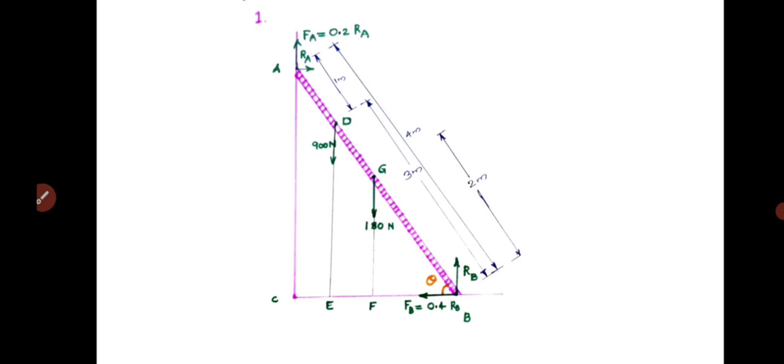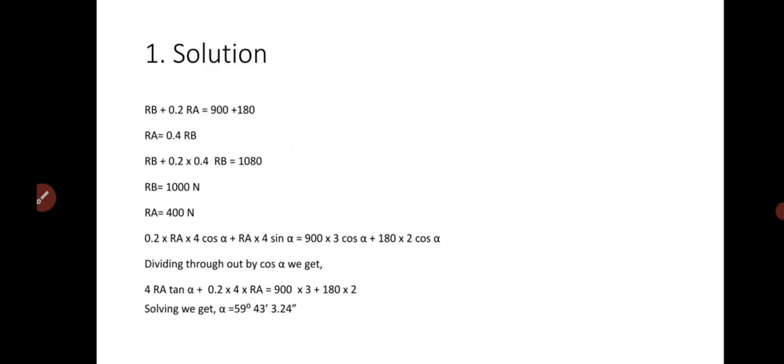Now next force is 900 Newton. It is acting downwards. So if you keep the thumb of your right hand at B, and rotate your forefinger along the direction pointed by the arrow of 900 Newton, you can see that it will be in the anti-clockwise direction. So you can give it the sign negative. Similarly, 180 Newton also will cause an anti-clockwise moment. So minus 900 into BE and minus 180 into BF. So the equation will be